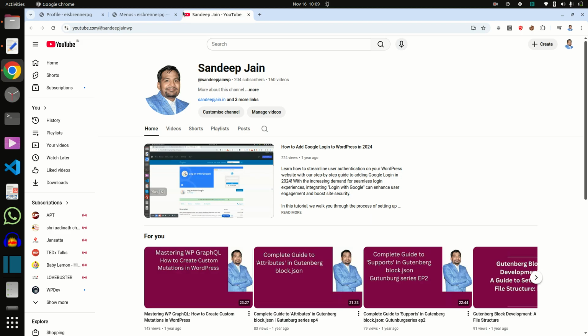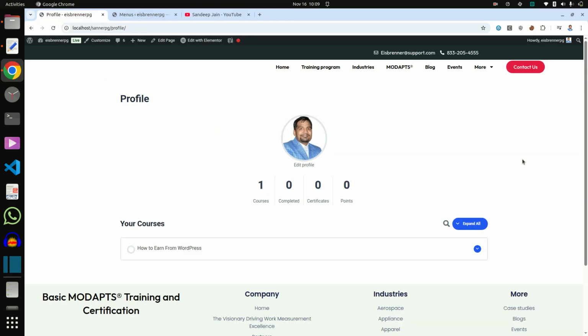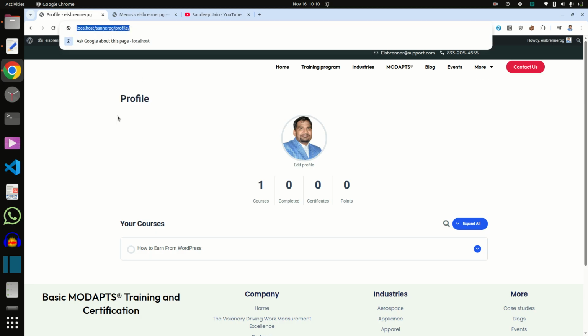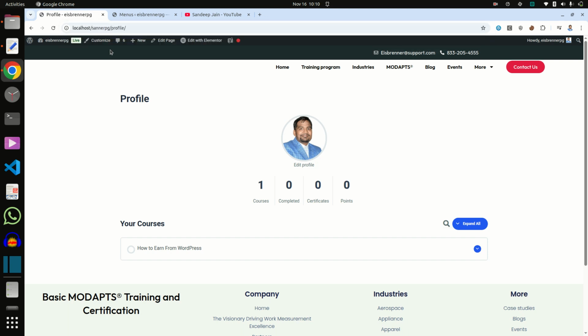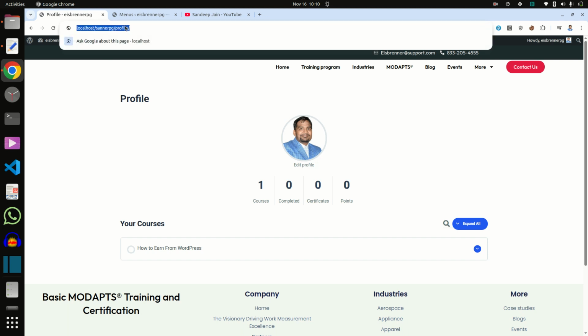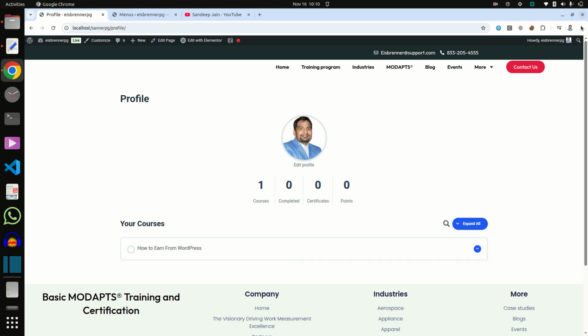So let's get started. Suppose I want the profile link here after the menu. If you check as a logged out user, then there is no option for it.